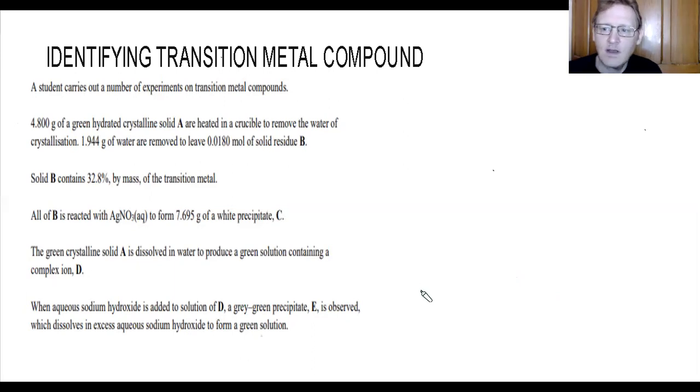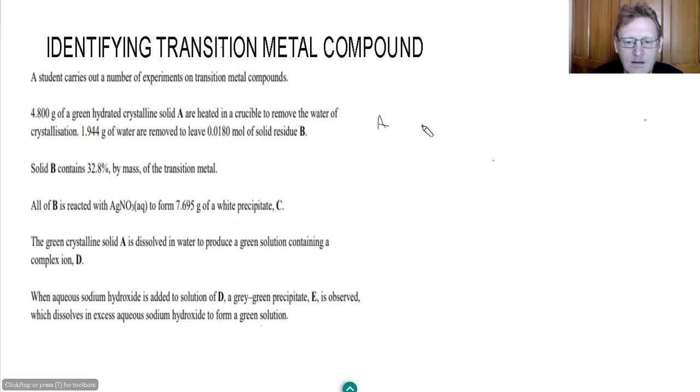Okay, so today we're going to have a look at a question involving identifying transition metal compounds A, B, D, and E. So we start off here where we're working out the waters of crystallization. So A is being heated and it's being turned into B, and we're getting waters of crystallization. And if we put under here mass, Mr, moles,